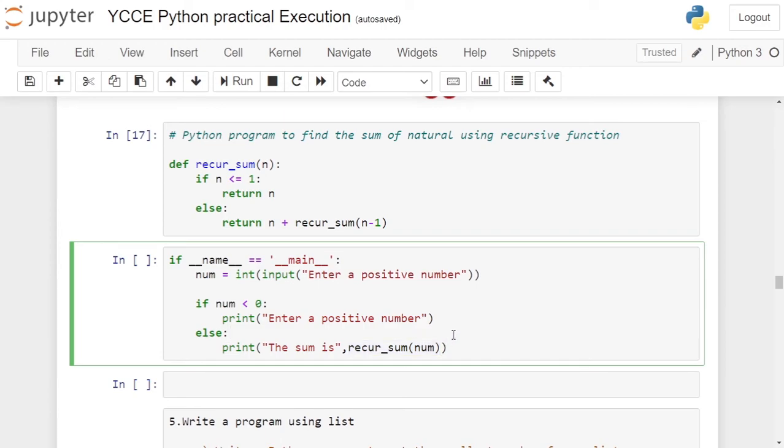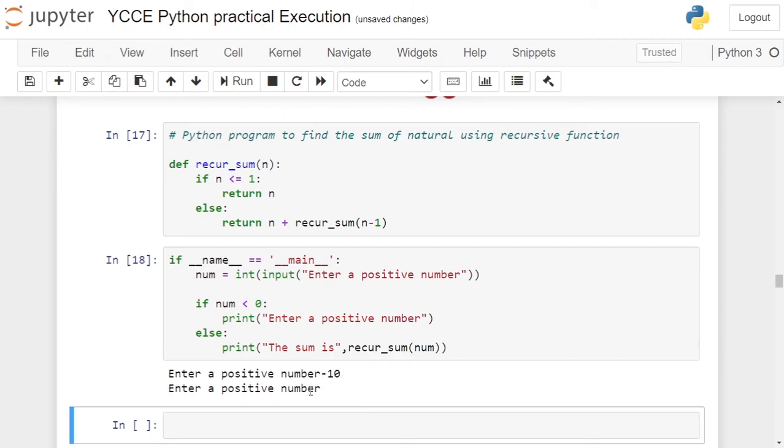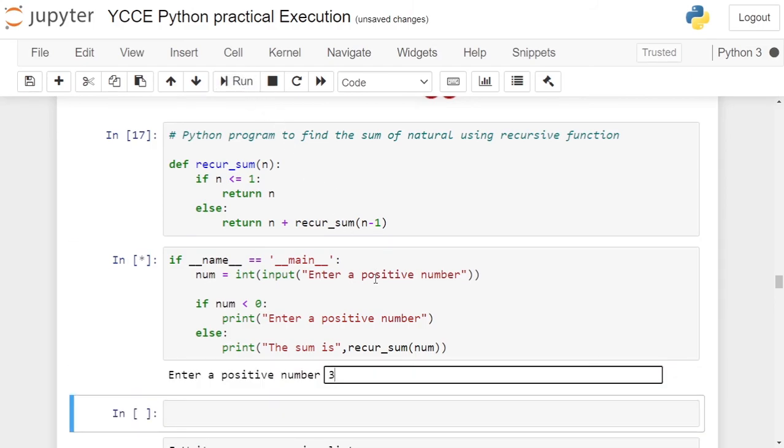Let's execute this cell. Click on the cell and run the cell. Suppose user enters a negative number, your program will print enter a positive number and program terminates. Again click on the cell, run the cell. If user enters 3, sum of 3 natural numbers, that is 1 plus 2 plus 3 will result in value 6.